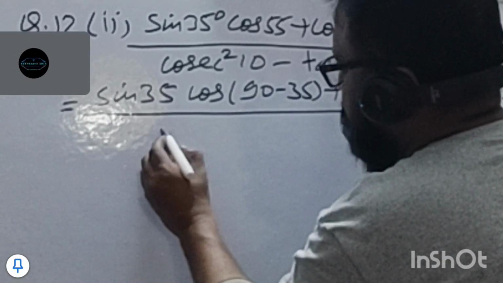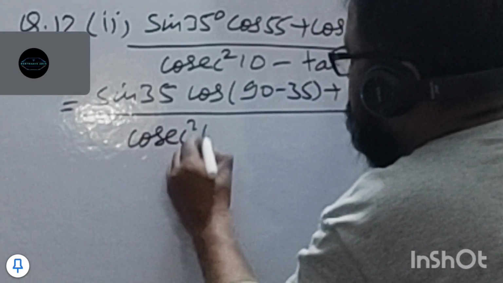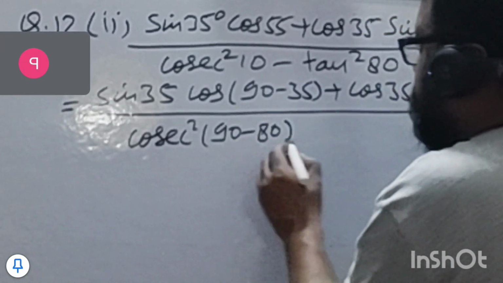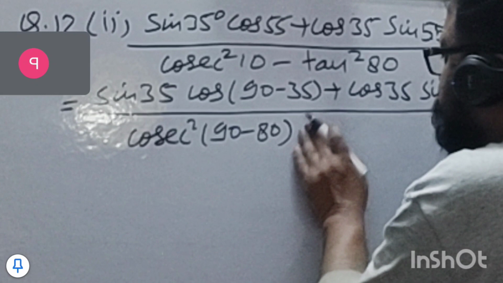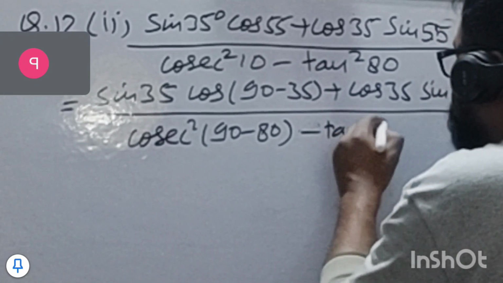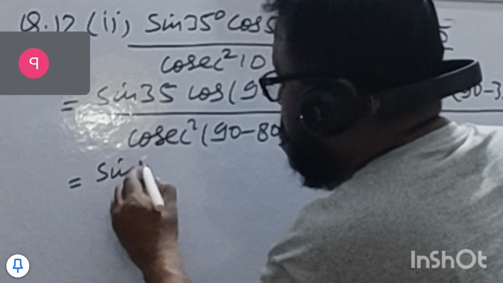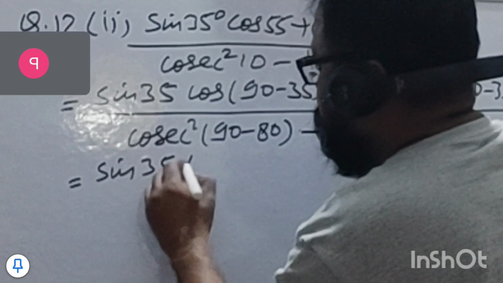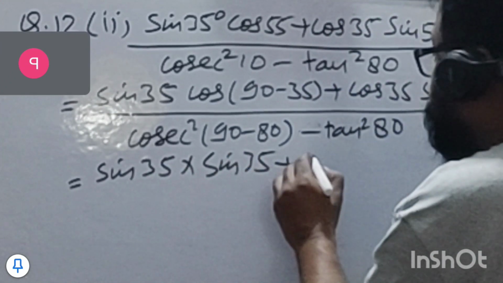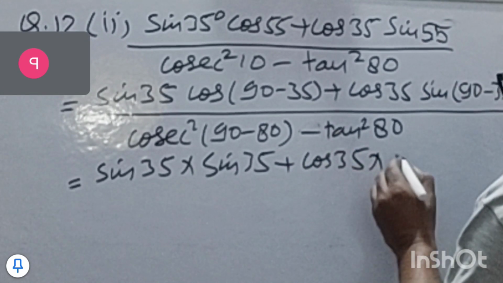So this is cosec²(90 minus 80) minus tan² 80, and that is equal to sin 35 into sin 35 plus cos 35 into cos 35